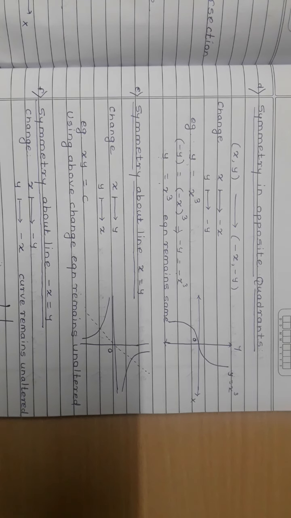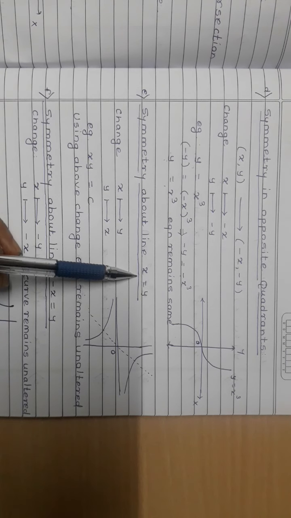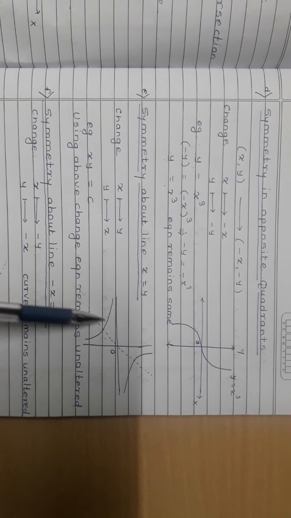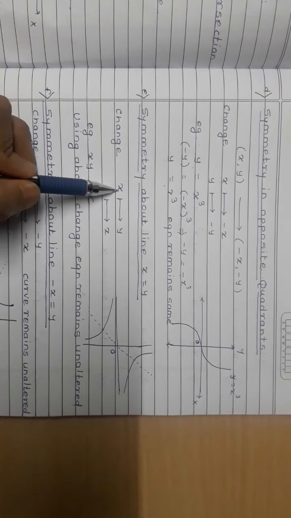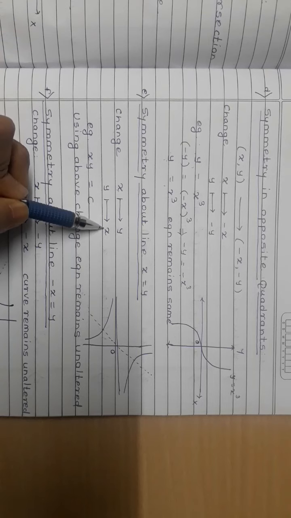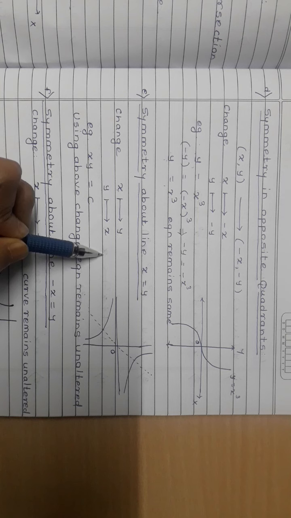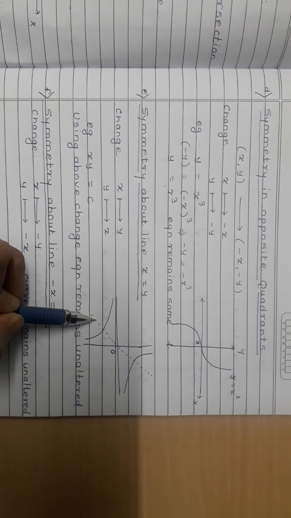And then the next thing is, if this fails, then we are going to check whether this is symmetric about y equal to x line. Y is equal to x line is nothing but line passing through origin, right? And in the positive direction, positive quadrants, like this, right? Now in this case what we are going to do is changing x by y and y by x. If we do this and still I get the original equation back, then that means the given curve must be symmetric about this line, right?